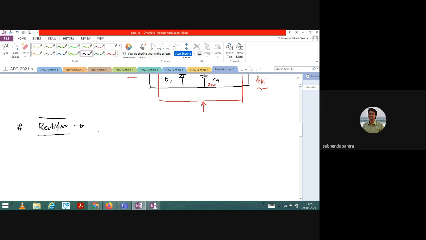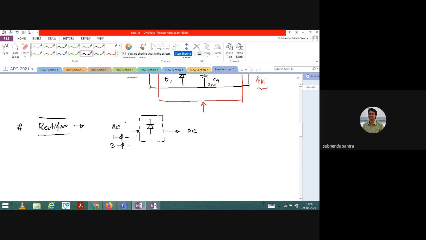Very good. So when you have an AC supply, maybe single phase, maybe three phase, whatever it may be, if you want to convert it to a DC source, you need a rectifier. The circuit comprises a diode. If the power level is small, a signal diode; if the power level is more, then a power diode. But definitely you need to use a diode to convert single phase or three phase AC to a DC supply. So basically the rectifier's purpose is to convert AC supply to a DC supply.